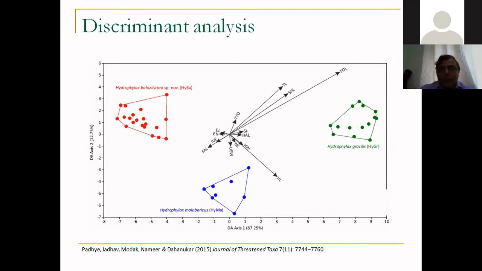The logic in which you find the DA axis is similar to PCA. The only difference in DA is, again, you give importance to those variables which are important for separating the groups. So you give more weightage to variables which separate the groups. So this is another very nice method by which you can find out whether organisms are different from each other or not, and which characters separate them. For example, Hydrophilus bovis over here separates from Malvarica by one very important character, that is head length. So head length of Malvarica is much larger than bovis, and so on and so forth.